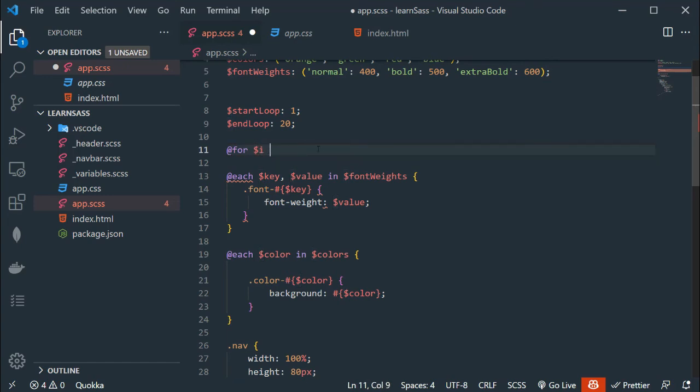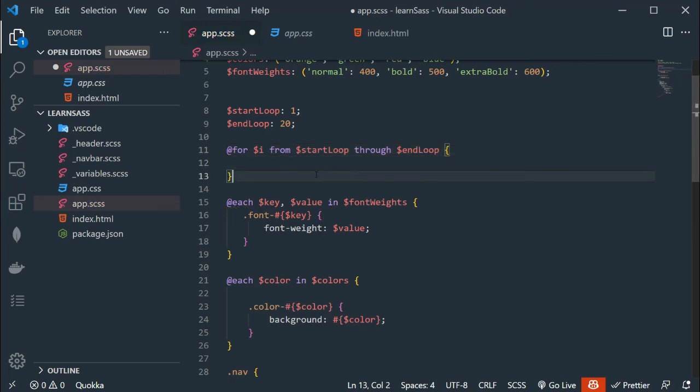After the iteration variable, we have to add the from keyword. So from basically means our loop will start from $start-loop. And now we have to add the through keyword. After the through, we have to add $end-loop.